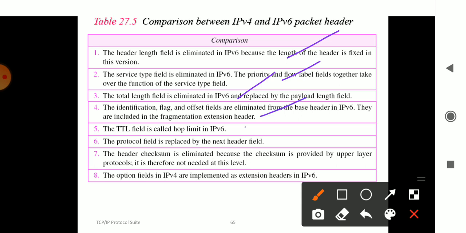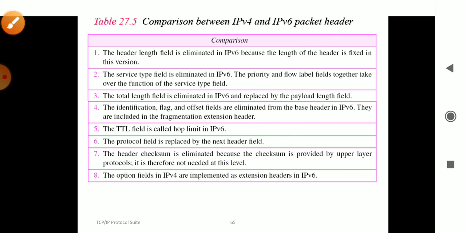Time to live is present in IPv6, which is also called hop limit. And the replace network field protocol is also present. Checksum is present, where each time the protocols are managed to check the data. Then IPv4 implements a field which has an extension for the data. So this is the difference between IPv6 and IPv4.